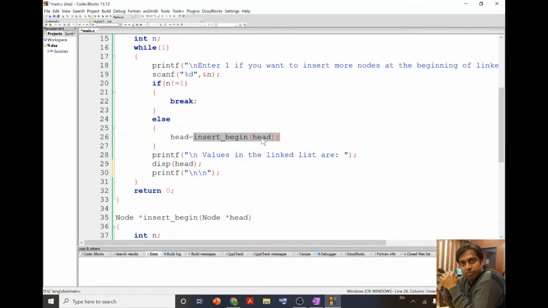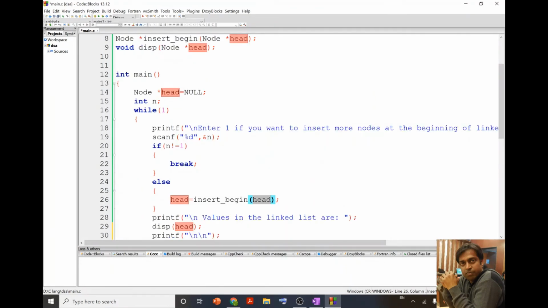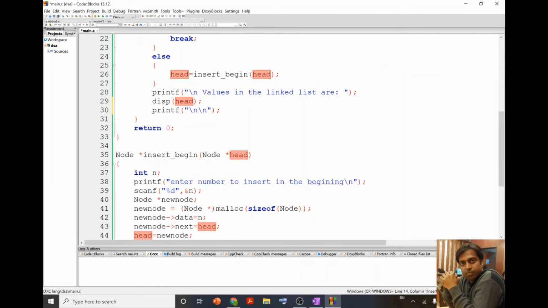Because remember, this head has identity only within the main function, because we declared this head within main. But the head in the insert begin function has its identity only within that function.